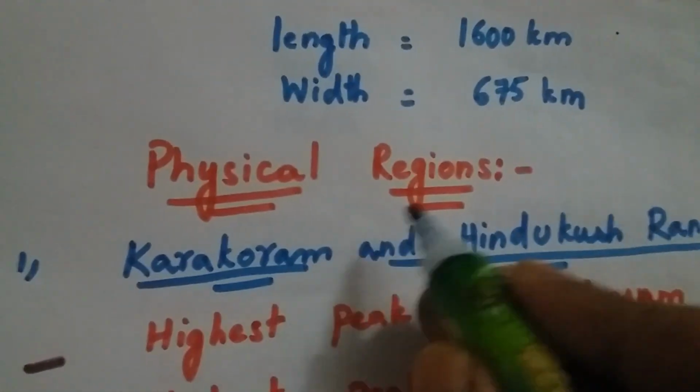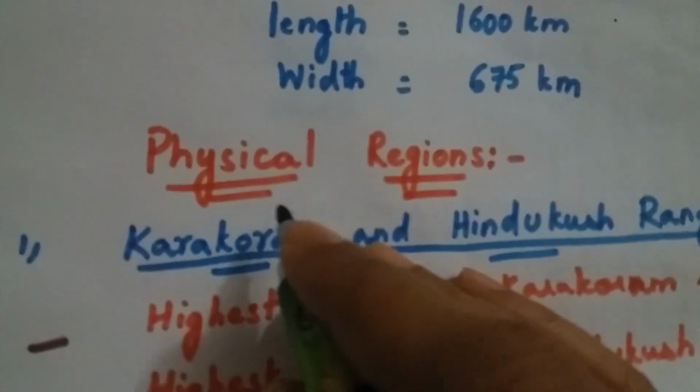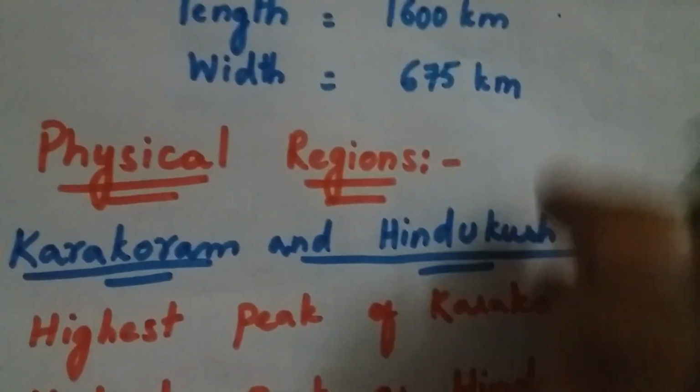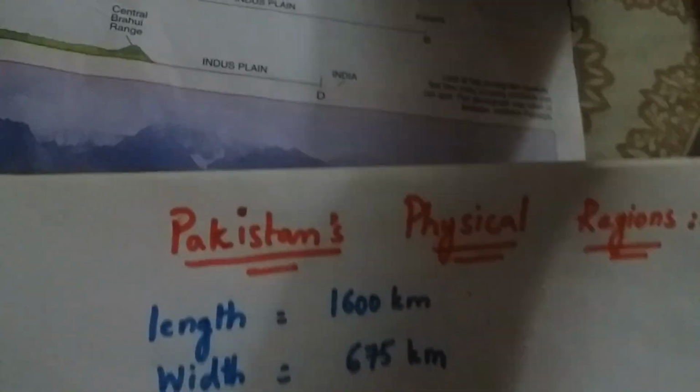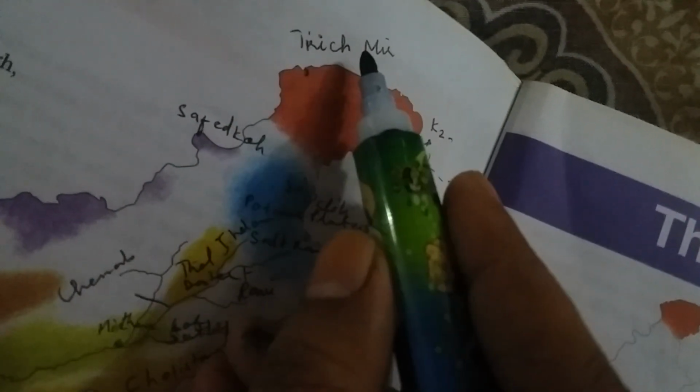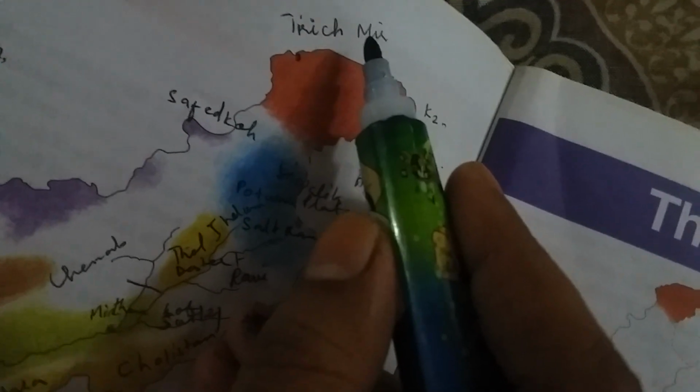Physical regions of Pakistan are divided into 6 categories. Number 1, we have Karakoram and Hindu Kush ranges. If we look at the map of Pakistan, the northernmost area of Pakistan is covered with Hindu Kush ranges, whose highest peak is Tirich Mir, whose height is